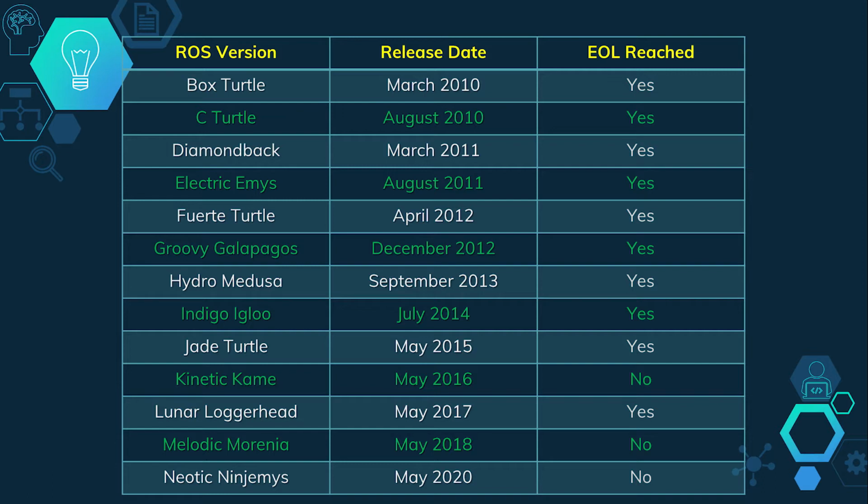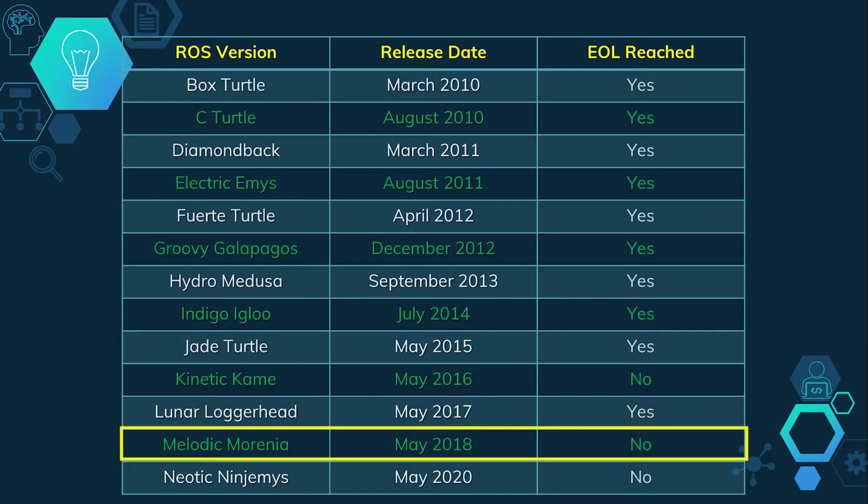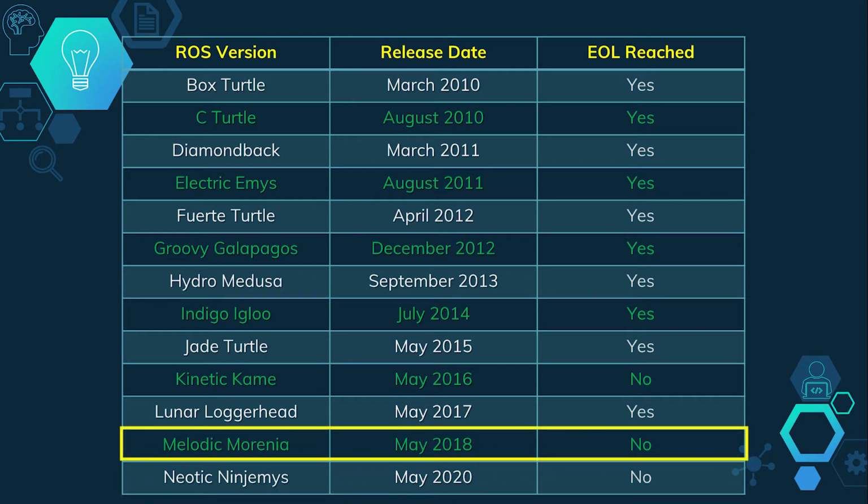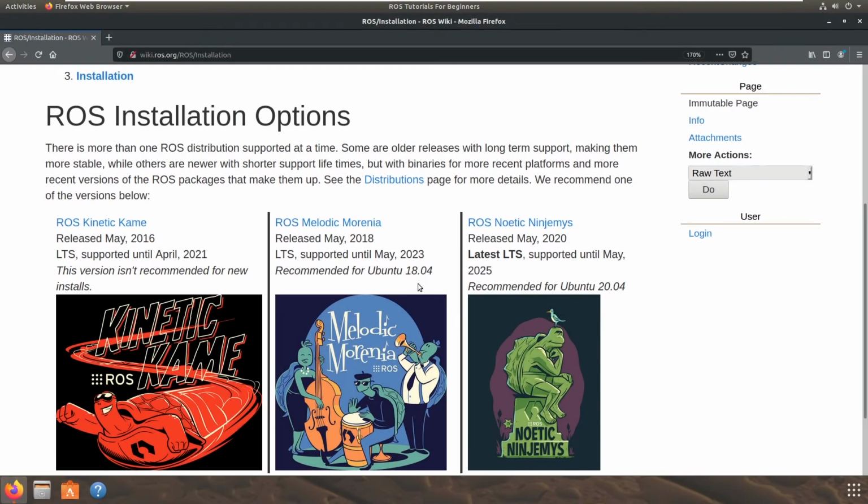From this list, we can see that ROS Melodic is one of the most recent LTS versions and is also 2 years old. ROS Noetic, on the other hand, is a recently released version and therefore you might not get enough help if you run into trouble while using it. Due to all these reasons, I recommend you to install the ROS Melodic version on top of Ubuntu 18. Now let us proceed to the installation part.